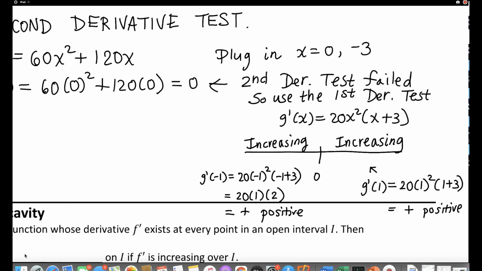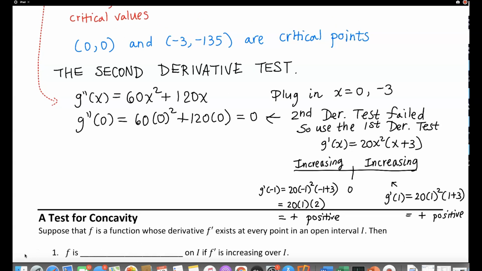So when the second derivative test failed, I came back and tried the first derivative test. Well, the first derivative test also didn't find this x equals 0 to be a relative minimum or maximum, because it was both increasing and increasing to the left and right. So, well, unfortunately, we're going to have to just say that 0, 0